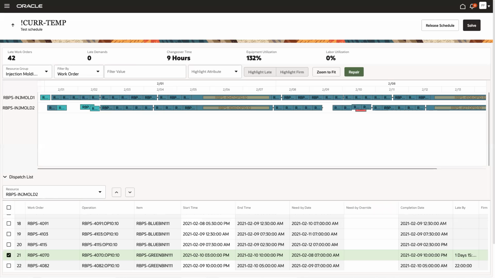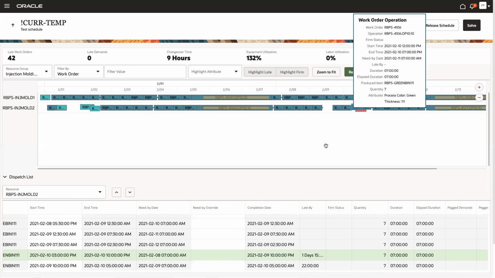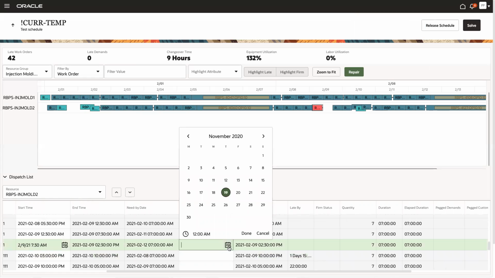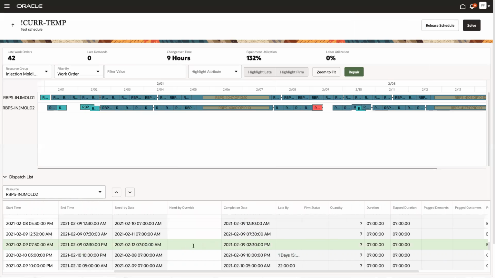And now let's look at a couple changes that require a regular solve, which is triggered via the solve on the top right instead of the repair just above the Gantt. The need by override for a job, if I say I want this job to be due a week later, I can do that via this.